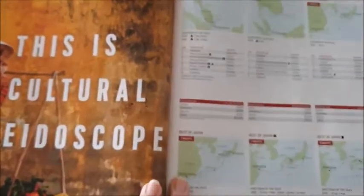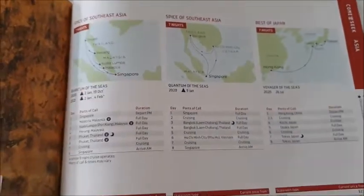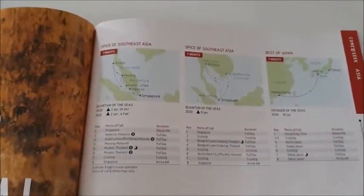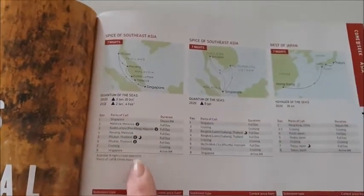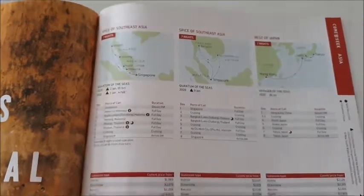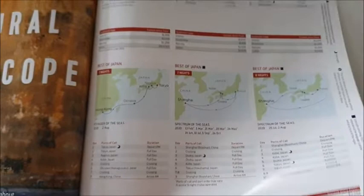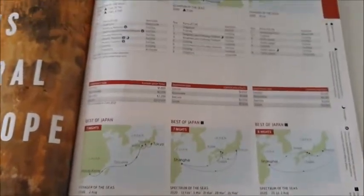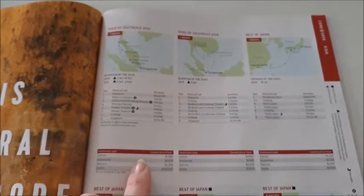All right, we're off to Asia. I hope this is in focus. So we've got Spices of Southeast Asia. We've got Phuket, Penang, Kuala Lumpur is awesome, Singapore. Got Best of Japan. I hear that is very popular as well. We're looking at 7 nights. This one's 7 nights, doing mainly Thailand, but